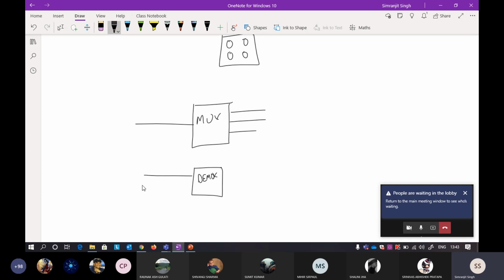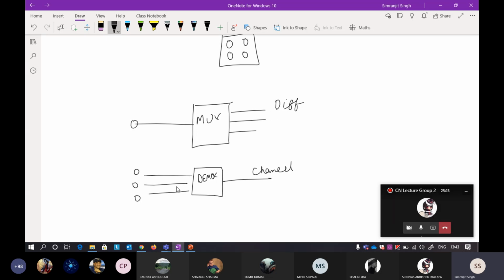Demultiplexing will be that there are a lot of incoming messages from all the processes. This is one port, this is another port, and you combine them and send them to one channel, only one channel. Here you can also take the message from one port and transfer it to different channels, since the ports may lie on different channels. So in demultiplexing you can take different processes' ports and combine them into one channel.